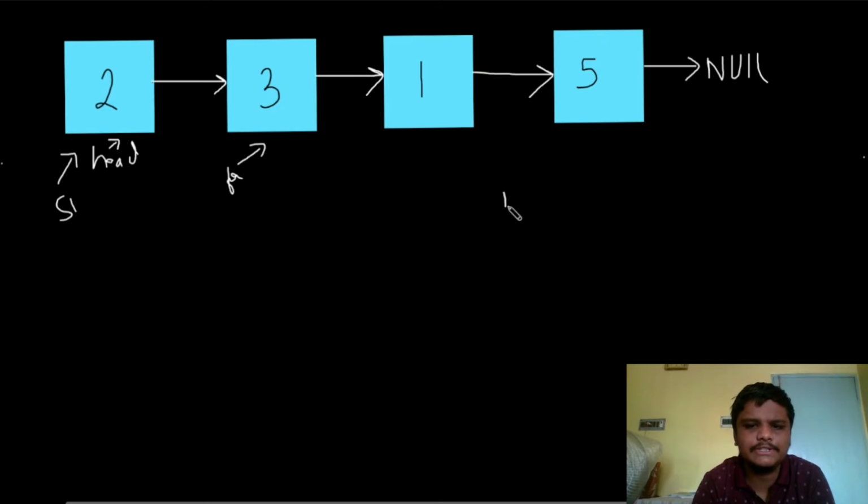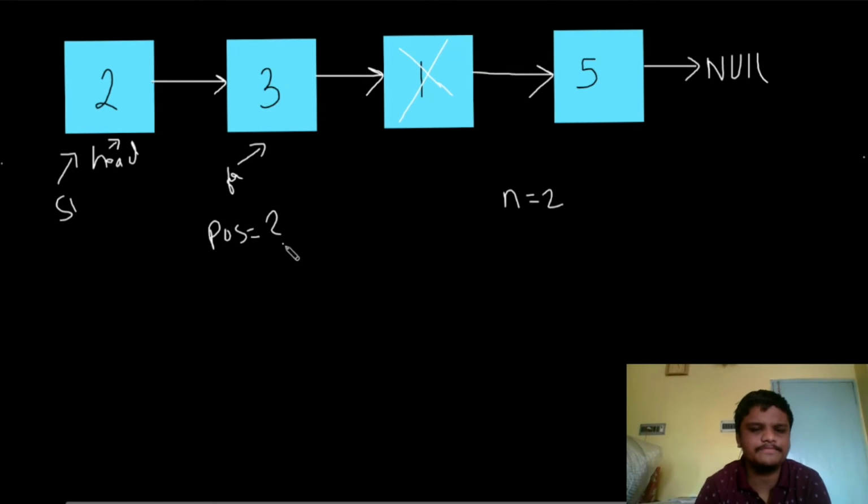Now let's say that our n is equal to 2. That means that we need to delete this element. Now we need a variable, let's say for the current position, which is currently at 2. Before starting this algorithm, if our n is equal to the length, then we just need to make the head point to the next node, as I already told, by using head equals head dot next. If that condition is not satisfied, then only are we going to perform this algorithm.